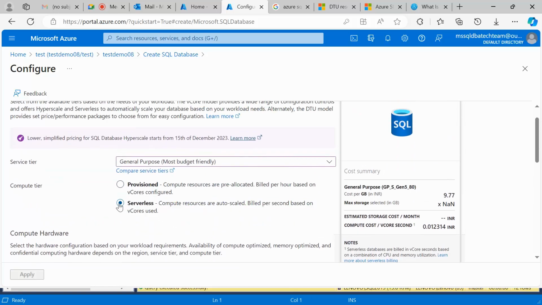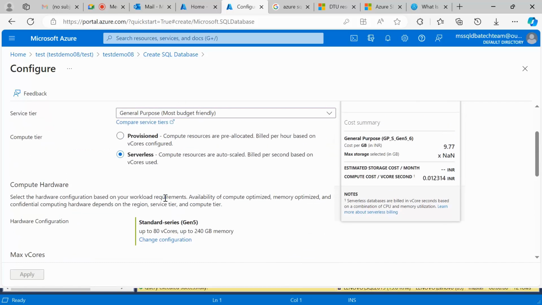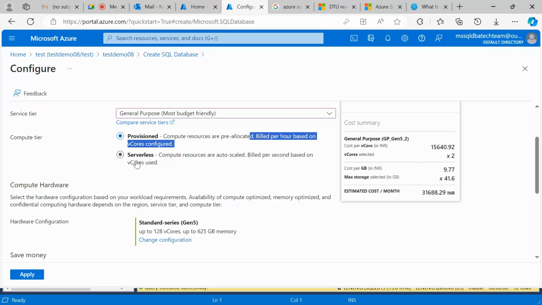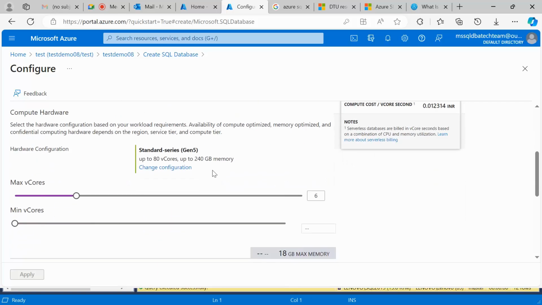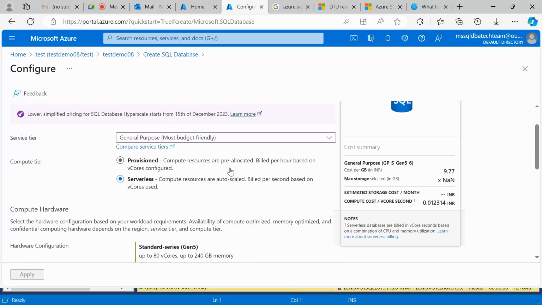I will select serverless. Whenever there is no workload, it will get reduced, the CPU usage will reduce, and the bill will also reduce.